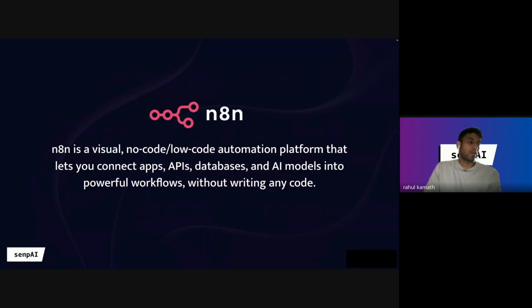It's a visual no-code platform, and it helps you build workflow automations in the traditional way with AI agents. It connects with various apps like Google Sheets, various APIs, databases, other AI models, and you basically don't need to write any code. Everything is visual, so you know exactly what is happening, and you have a lot of control over it.